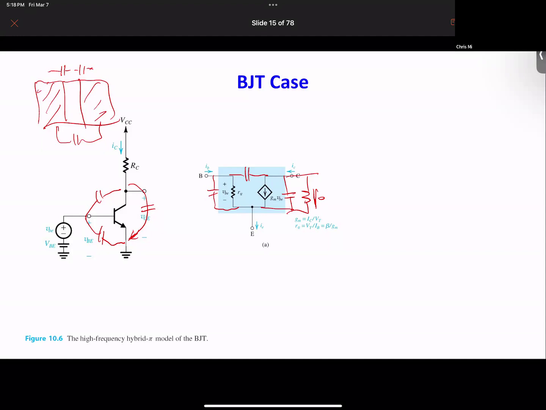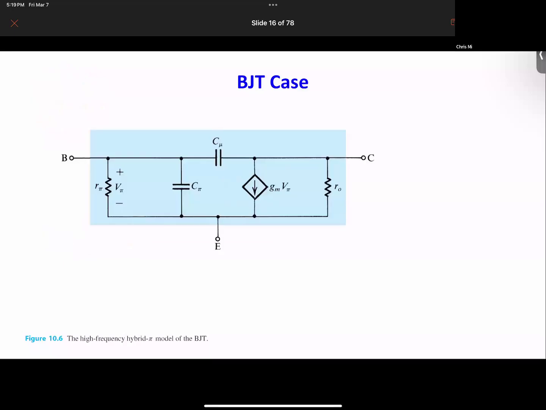But similarly, we should be able also to find out the short circuit gain. We can do the same thing. So basically, we're going to short this output and apply an input current over here. Now, the only difference again is that R pi is added. Again, as I said, we normally would be able to neglect the capacitance between collector and emitter, because that's a little bit too far. We can neglect it. So now with this circuit, we can either write a nodal equation over here and here,